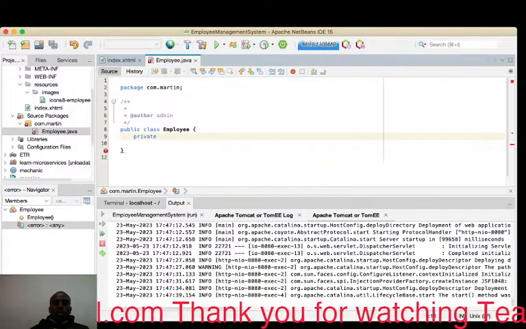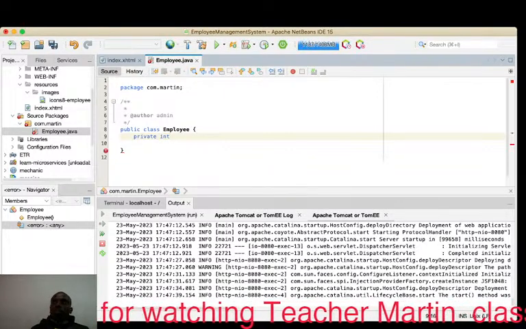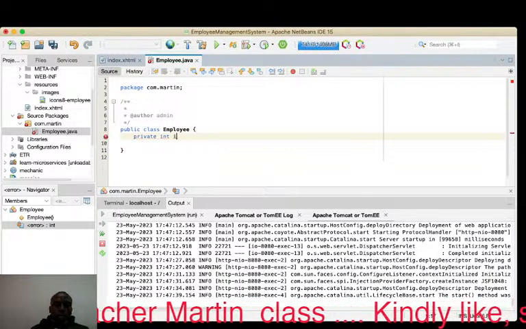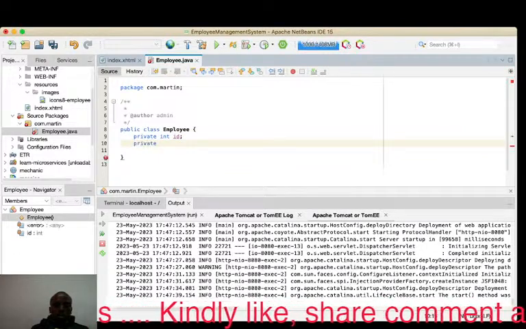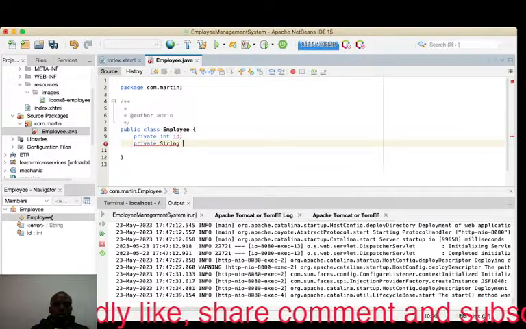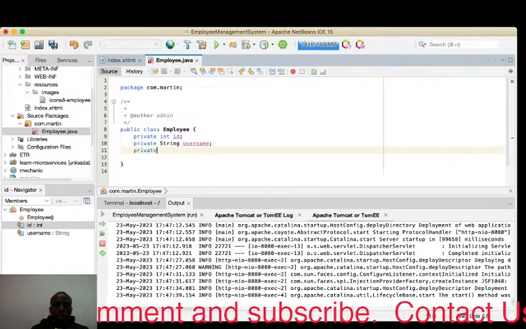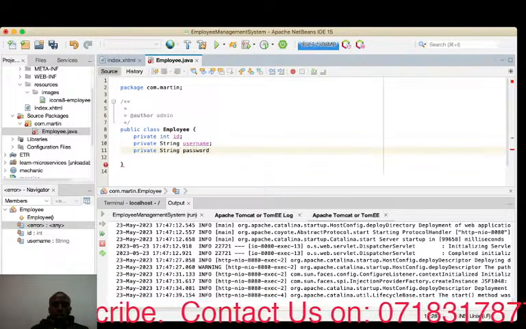I'm assuming that you have some basics in Java, so it will be of data type integer, and the first field is ID, and then we can have another field which is of type string, which is username, and then we can have another field which is private string password. Okay,